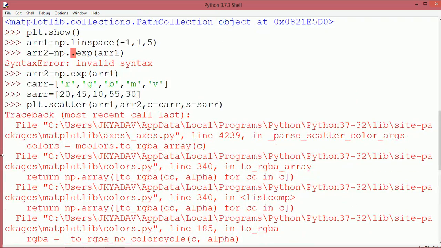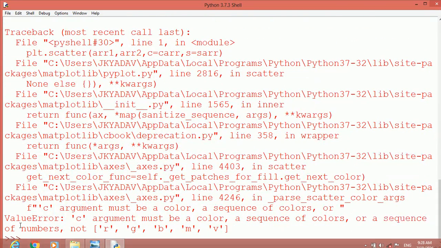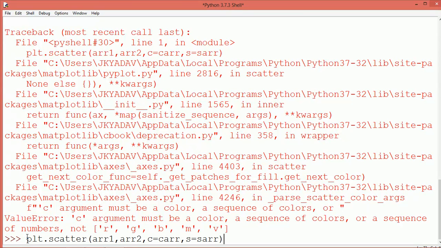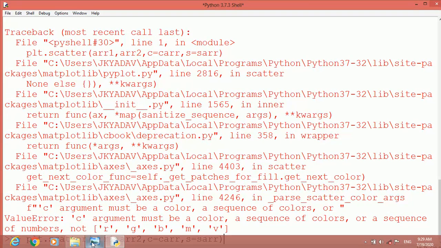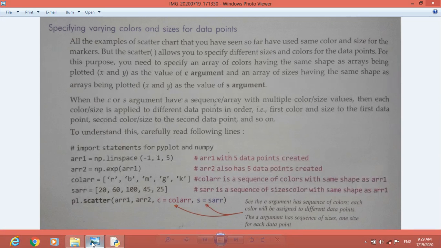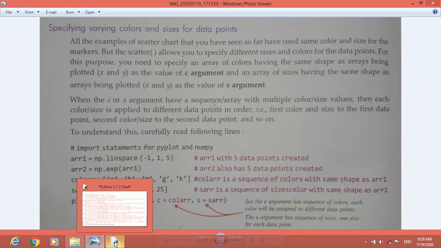Okay. Let me do once again, then it can be rectified. Once again we can do this. Copy this and paste it here. I hope everything is right, everything is correct.